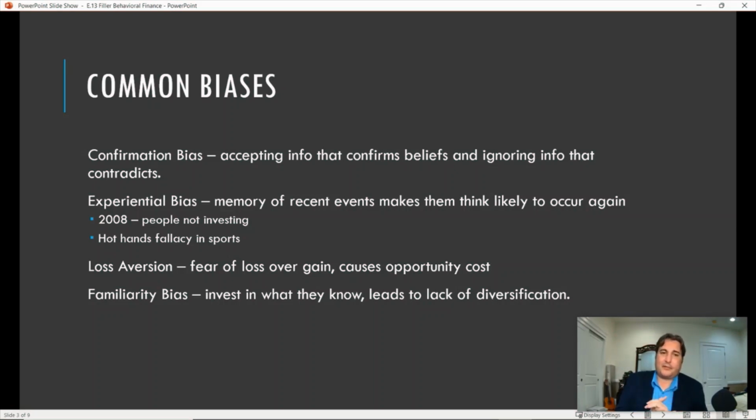Probably the most common, next to confirmation bias, is familiarity bias. People just invest in what they know, what they trust, but this tends to lead them to a lack of being diversified, being strategically planned, right? I know the car industry really well. I know the housing industry really well, for example, for 2008, right? So I invest all my money in the housing industry because that's what I know, and then it collapses. So I'm not diversified. I don't have other options. I'm tied to one thing. So you want to be a little bit more diverse and clever about how you do things, not just stick with what you know all the time. So those are the common biases that